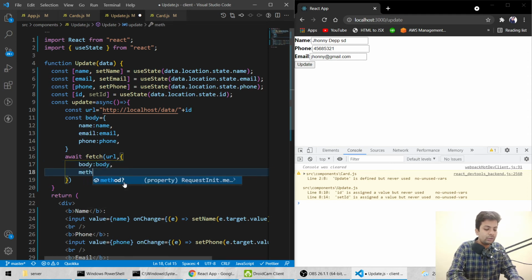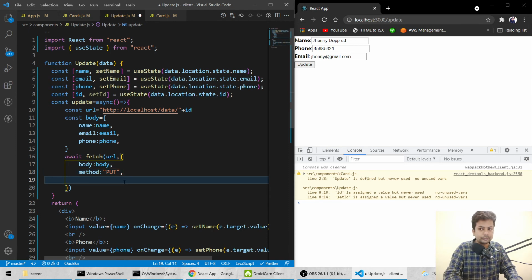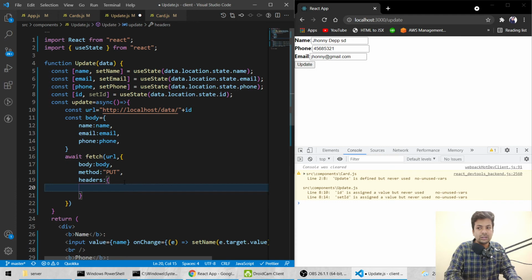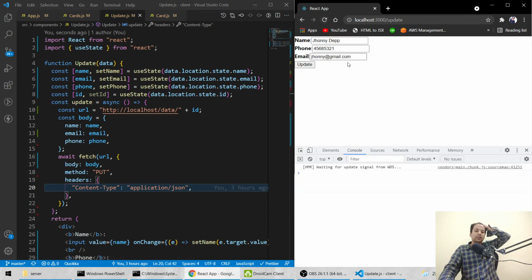Method should be put because we are updating, and headers, because this is a JSON file, so we'll say content-type application/json. Save it. That was a long one.